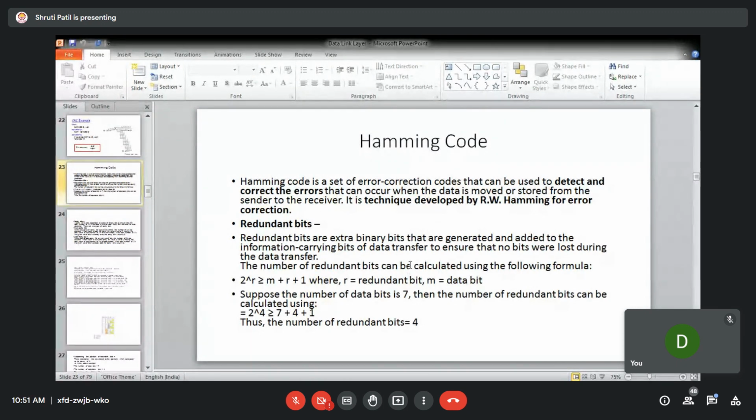So for Hamming code, whatever the number of data bits, how many redundant bits can be added is decided by this formula: 2 raised to r should be greater than or equal to m plus r plus 1, where m is the data bits and r is the redundant bits.